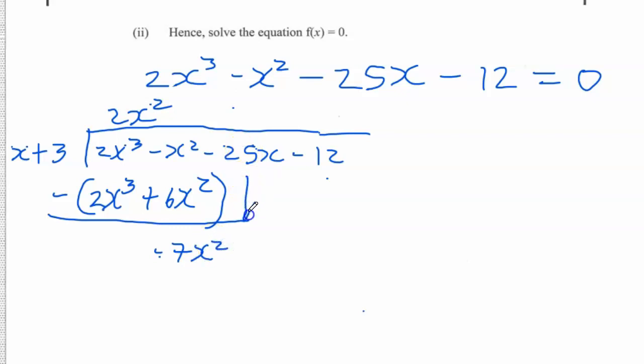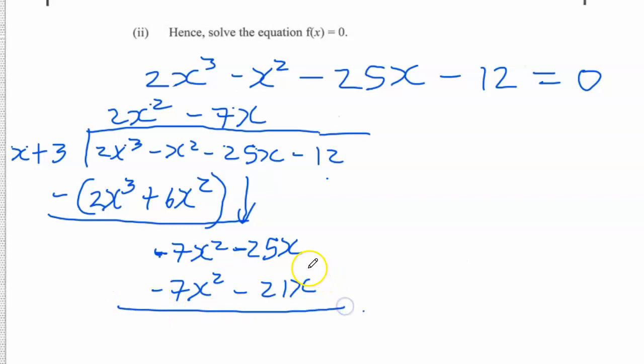We bring down the minus 25x. So we try and have two terms here before we try dividing again. So divide again by x. So x into negative 7x squared, that's negative 7x. We'll take the minus 7x, multiply it to the divisor here, x plus 3. So minus 7x times x, that's minus 7x squared. And minus 7x times positive 3, that's minus